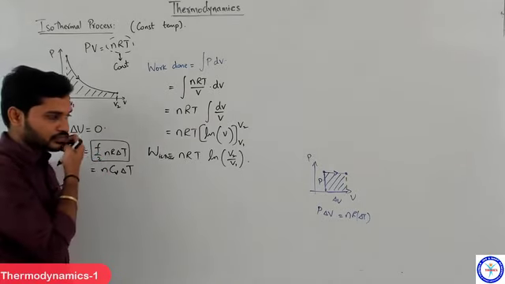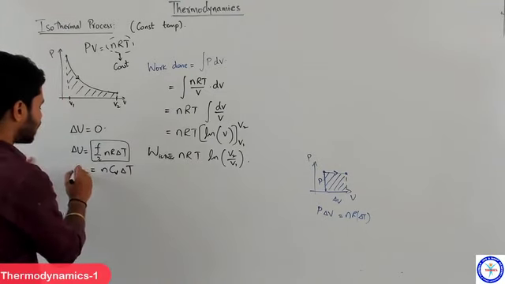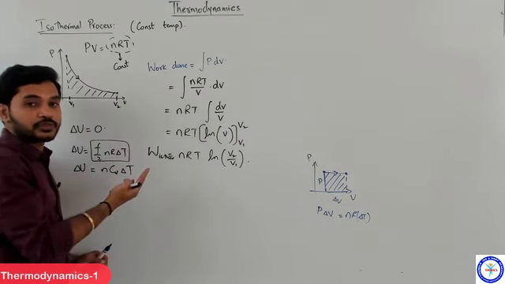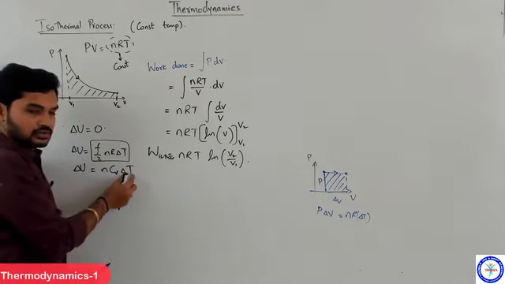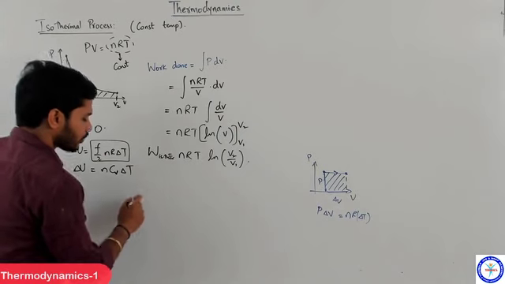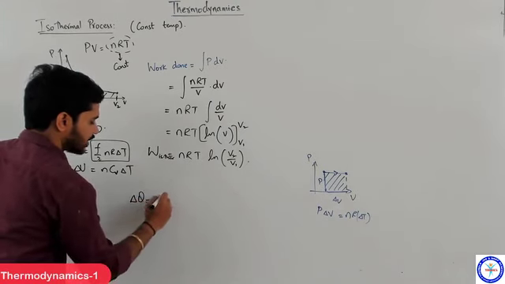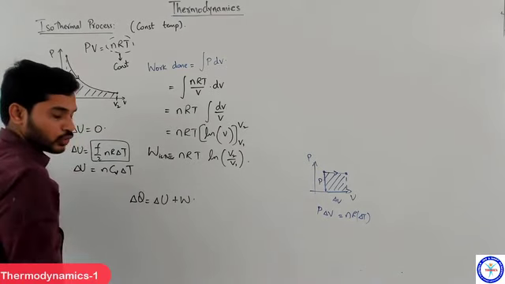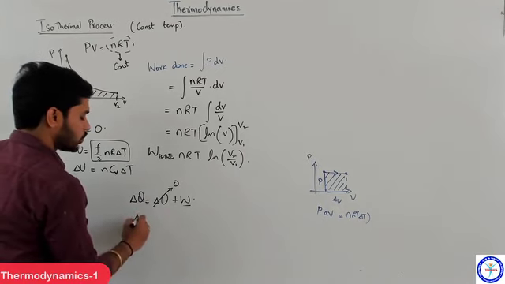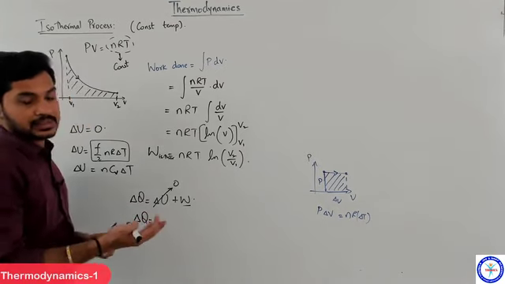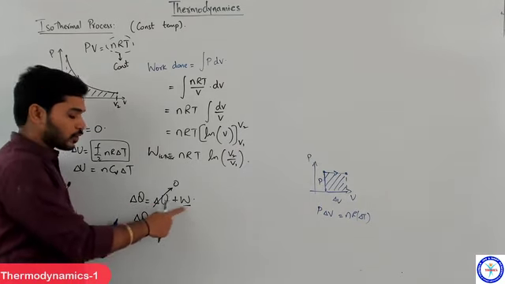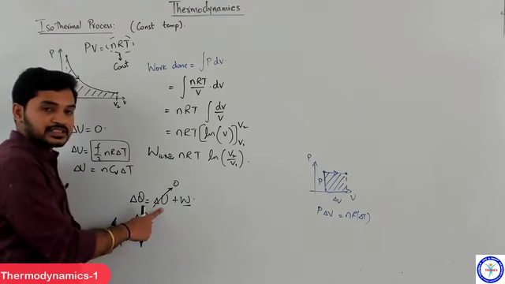That's it. Clear? So this is the expression for delta U, which is directly proportional to delta T, but there is no delta T in a constant pressure process, sorry, constant temperature process. This is 0, so this will also be 0, right? Now when I apply the thermodynamics first law, which is delta Q is equal to delta U plus W, this term will be 0, and we get delta Q, the heat supplied to the gas in an isothermal process, will be completely utilized to do work. None of the heat supplied is utilized for increasing the internal energy.